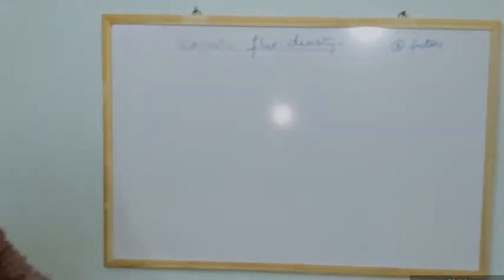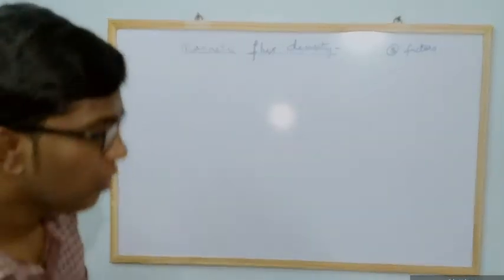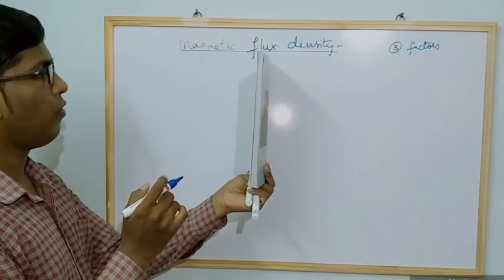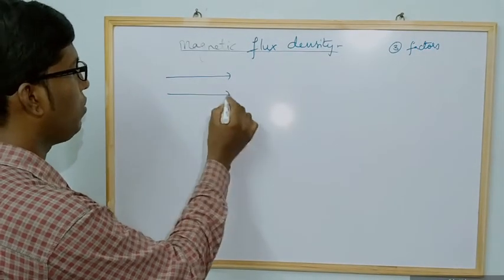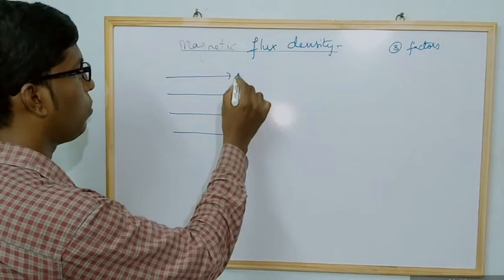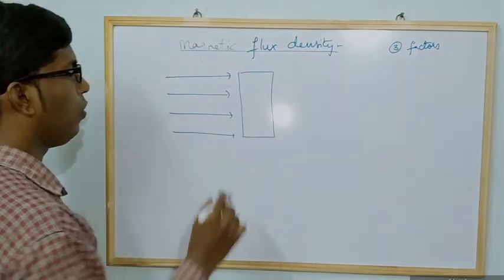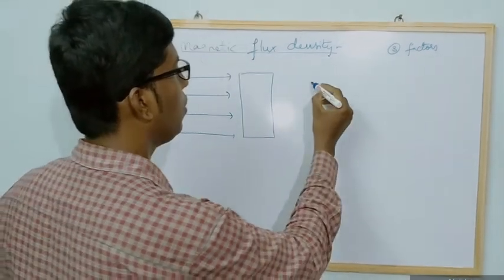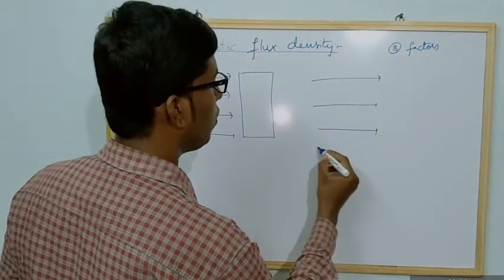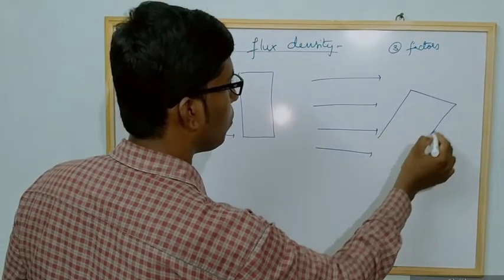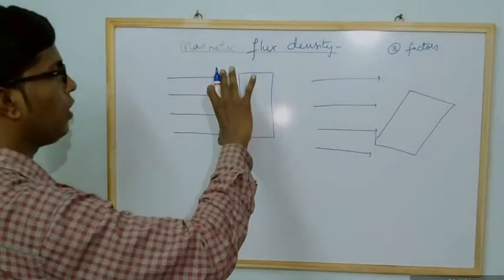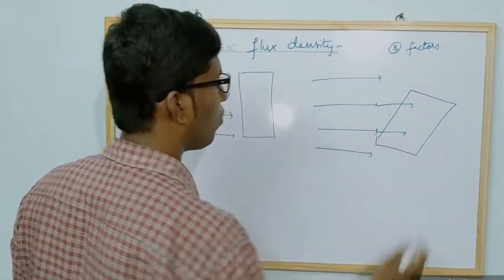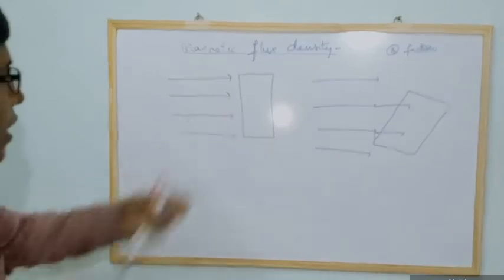Now coming to the flux density, observe here. I will consider this book and place the book in this way. Assume that these are the field lines and this is the book. Now suppose I turn the book in this manner. This is the position of the book like this. What we observe in these two cases is that here the maximum number of field lines are passing through the book, and here only two field lines are passing through the book.